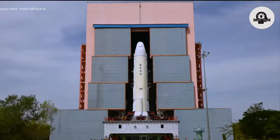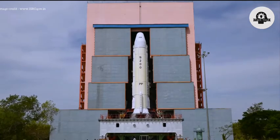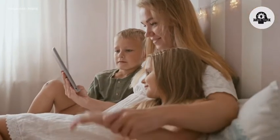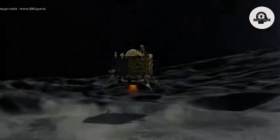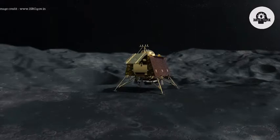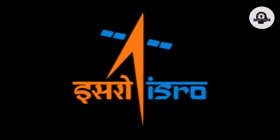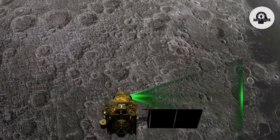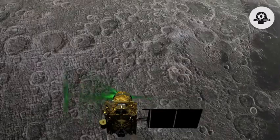Today we will be discussing what Chandrayaan II has given us. The detailed information will be helpful to all of us. Although the soft landing on the moon failed, the orbiter has been doing its job. Two years on, ISRO has released the information gathered, from confirmation of the presence of the water molecule to data